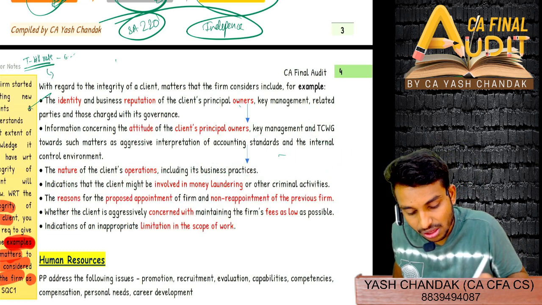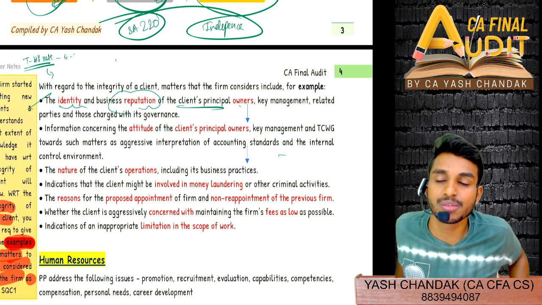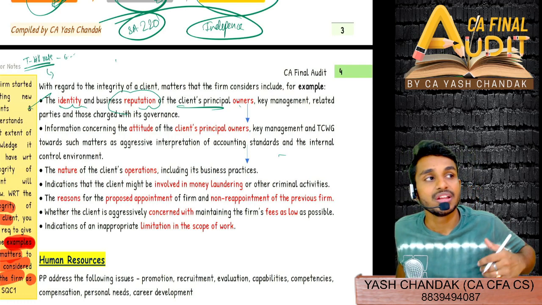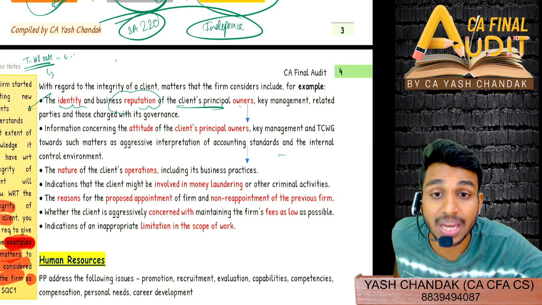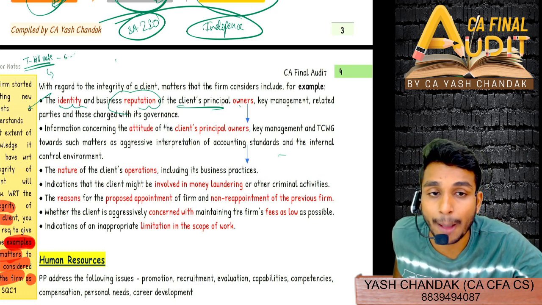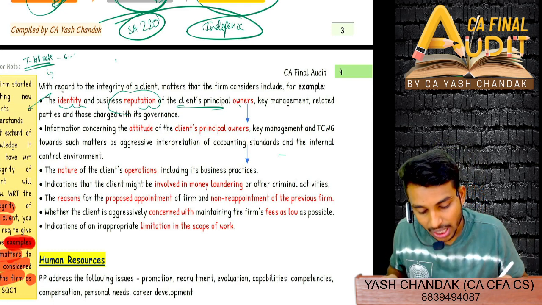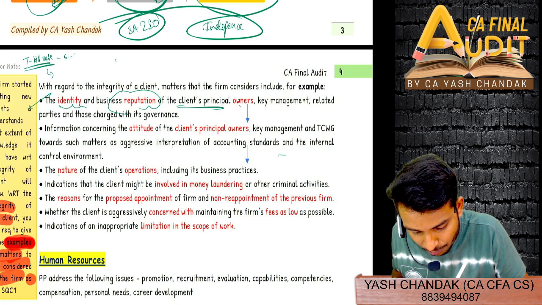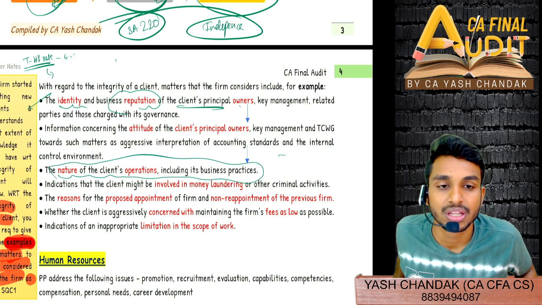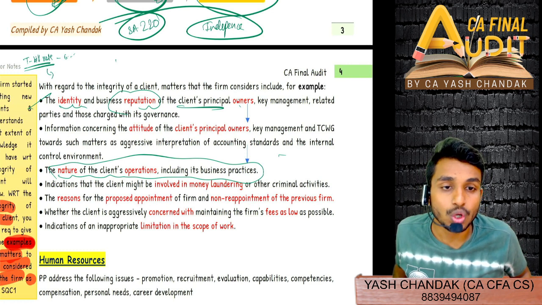Let's just see. So firstly, we will check the identity and reputation of the client, the principal, owner and management. While checking, we got to know that they are well reputed, and therefore they have a lot of attitude. Why they have a lot of attitude is because of their nature of operation, which they feel is very non-risky, but